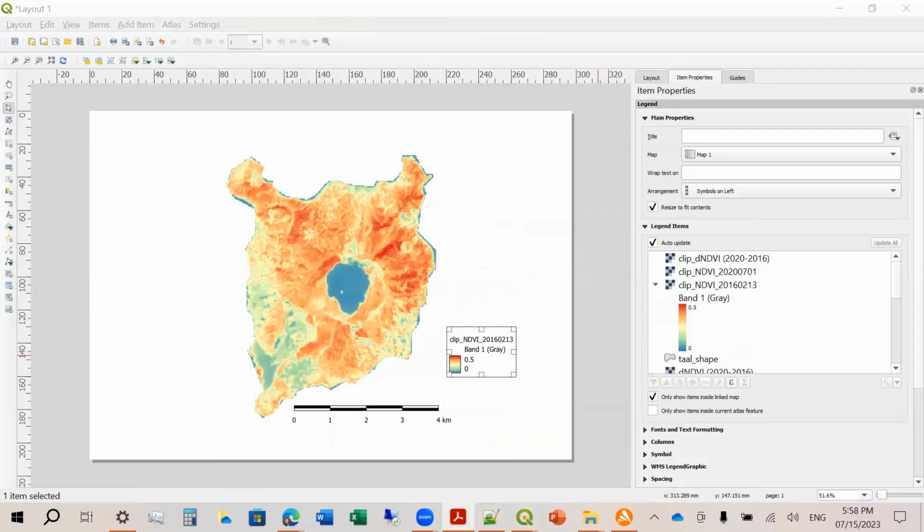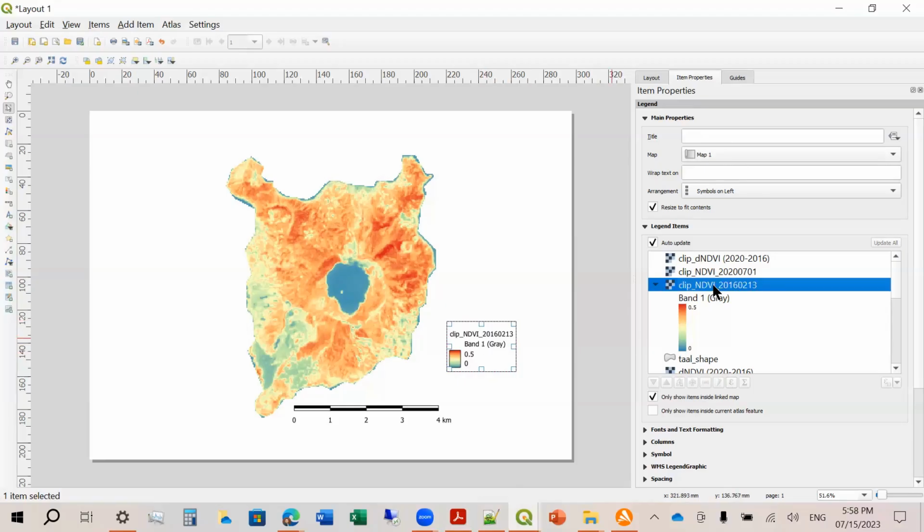Let's say I want to rename this one. So I go to properties. Let's say test title. So you see, I can see the title now.